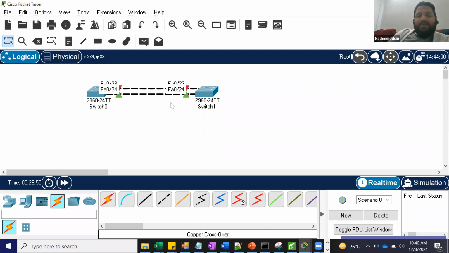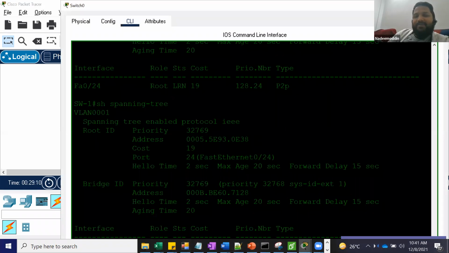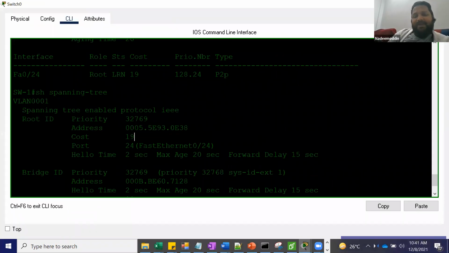So your network was down for 50 seconds because spanning tree was calculating the election and all. So this time is too high. That's why people started saying spanning tree is taking much time. We need some solution. So another solution came into the picture, rapid spanning tree.